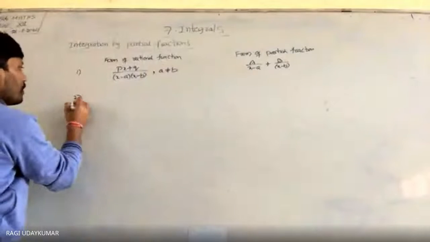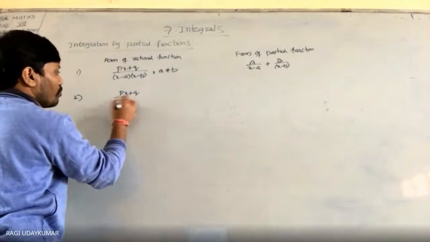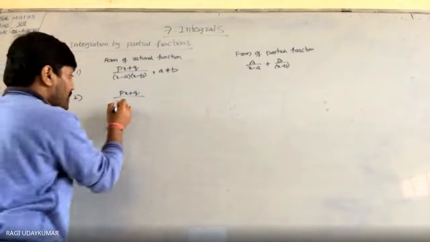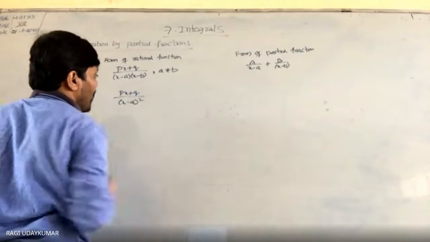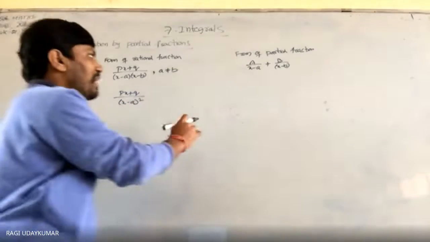Second form, if you are taking into consideration px plus q divided by x minus a whole square, then this can be split into the form of,